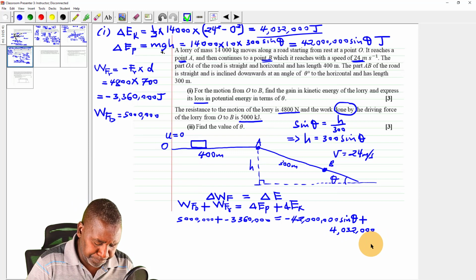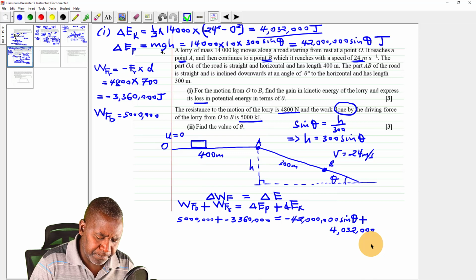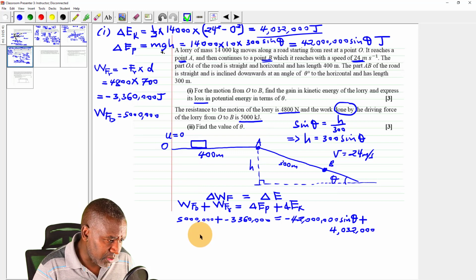So I have 5 million, quite large numbers, minus 3,360,000. Then the other one crosses the equal sign. It becomes minus 4,032,000. So it was positive, it becomes negative. I have equal to, this will be negative